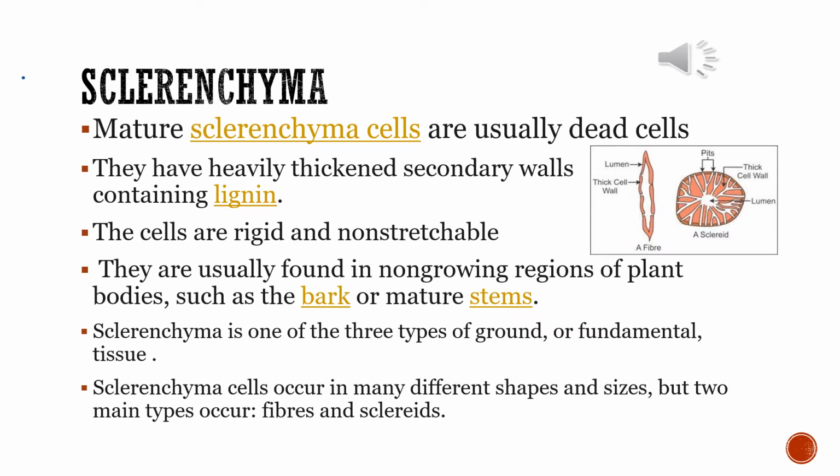Sclerenchyma cells are usually dead cells, thick cells, and lignified cells. We have highlighted those words because they are very important. And basically, they are made up of two types of cells. In the picture in front of you, it is showing a fiber and a sclerid. Fiber, you can see, has a tapering end, and sclerid is somewhat round, right? Fibers are spindle shaped, with tapering ends, and the sclerids are sometimes called stone cells also.